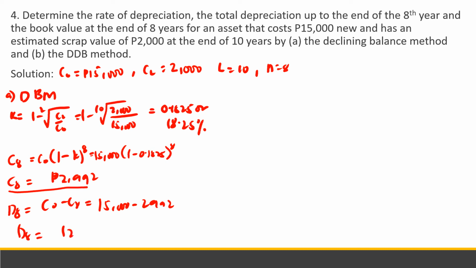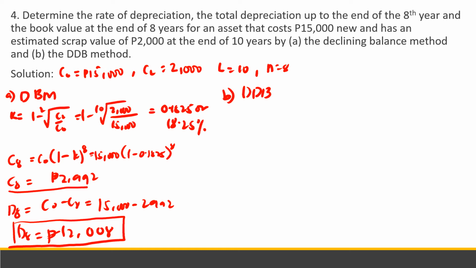D8 is equals to 12,008 pesos. So after 8 years, na-depreciate na value niya is 12,008. So, nawala na yung amount na yun. Okay, so for double declining balance method,